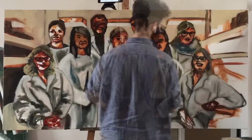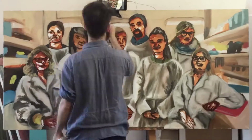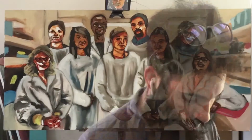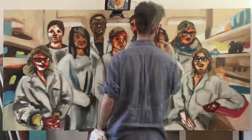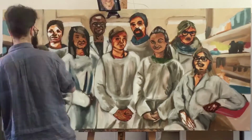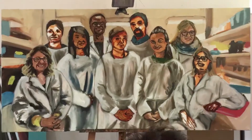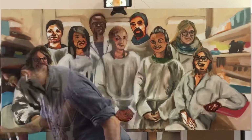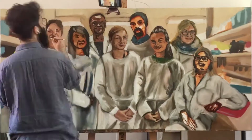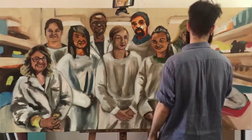I guess from an art history point of view, it's really different. I was in England and I saw the portrait of Charles Darwin at the National Portrait Gallery, and it's this giant portrait of the most somber looking dude of all time, Charles Darwin, king of science, never made a joke in his life. It's a very good portrait, but